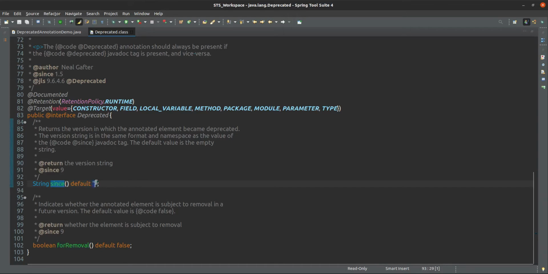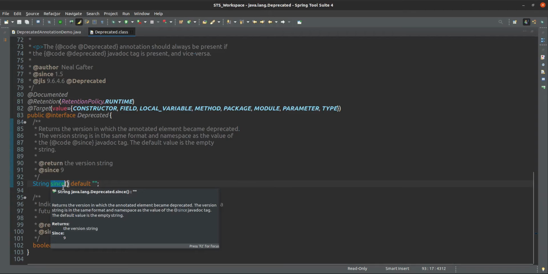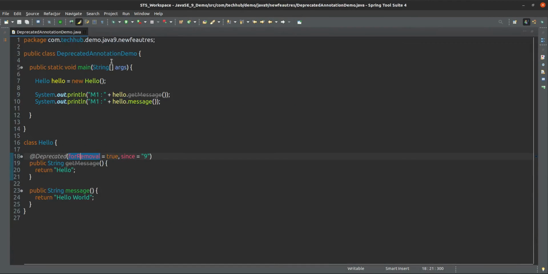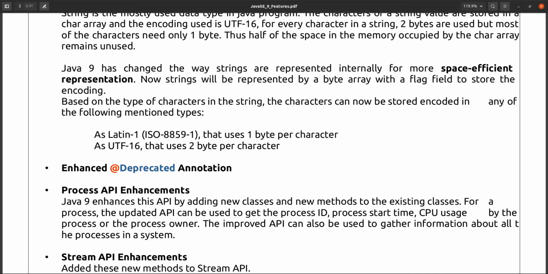By default, since is an empty string, but with since you can tell from which version of your application it is deprecated. By default forRemoval is false. So you can get these 2 values. These 2 extra pieces of information for the deprecated annotation have been given. You can store this extra information. Okay, next is